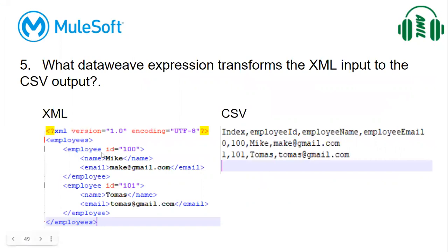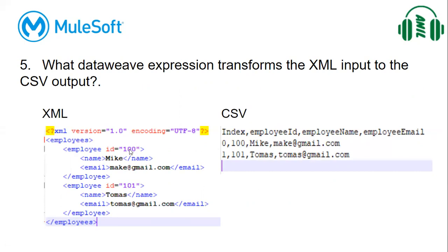From these, one more thing we need to observe here is the employee tag has an attribute called ID: ID equal 100, ID equal 101. So employee ID it is having. So here we need to give employee ID, we need to map this ID to this, right?